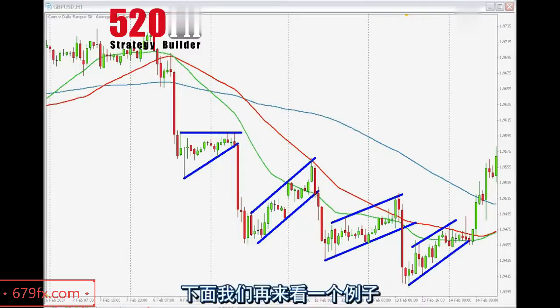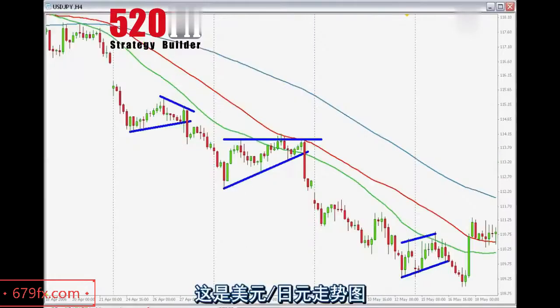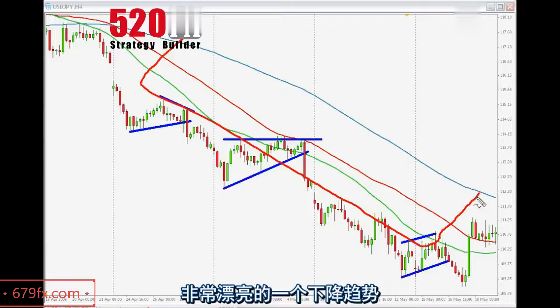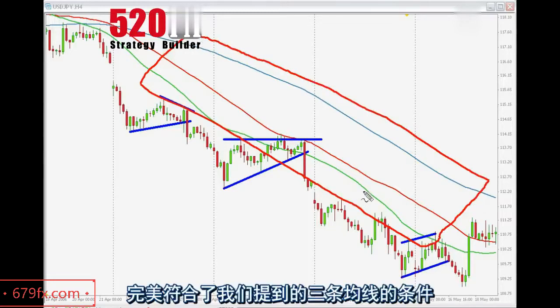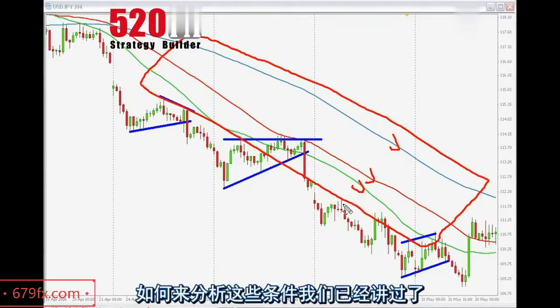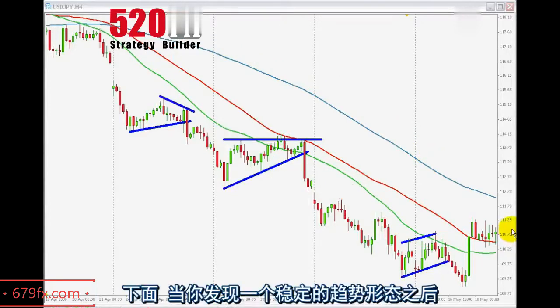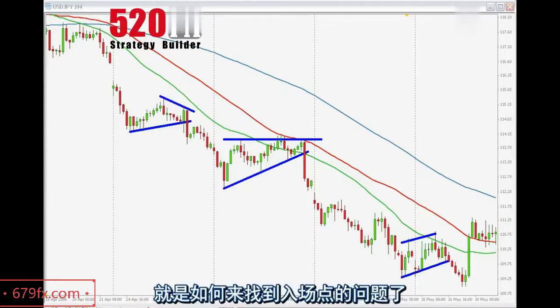Okay, I'm going to show you another example. In this case, it is the Japanese yen. Basically, we see the same thing. We have a nice trend, a nice trending condition according to the 3 simple moving average trend filter. We already know how to recognize a nice trend. This is definitely the kind of market condition I like to trade. And once you spot a nice trend, it's just a matter of finding the right